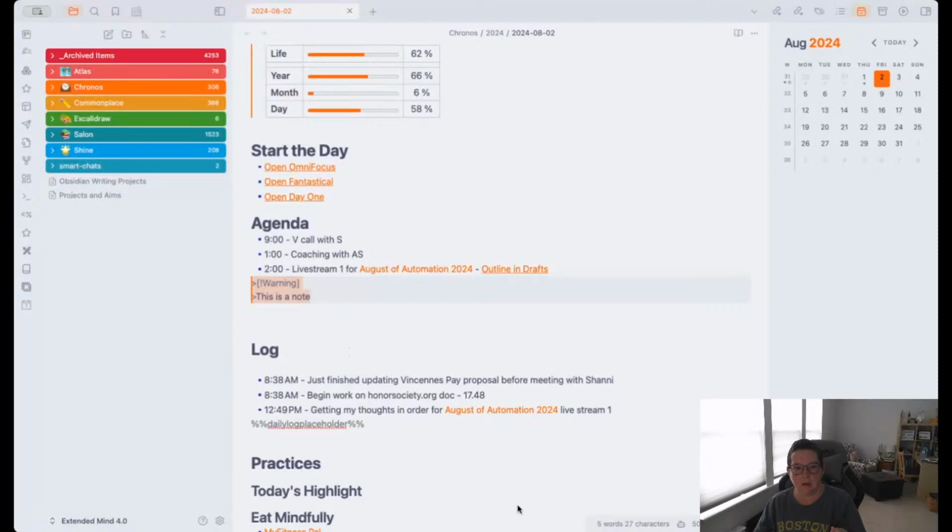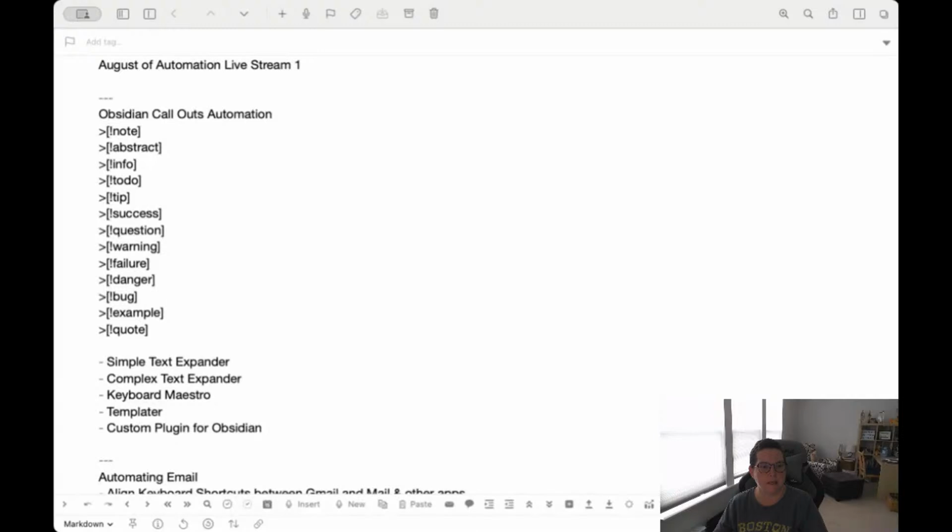So as I was thinking about this, I'm going to share a different app where I've got some notes. So let me share my giraffes screen here. Let me close all this off so you're not distracted by that. There we go. So as I think about my options here, I could do something simple with a text expander tool, a text expansion tool, and I use one called Text Expander. I could use a pretty complex text expander snippet, which is actually what we're going to do today. I'm going to show you that, and I'm going to show you Templater.